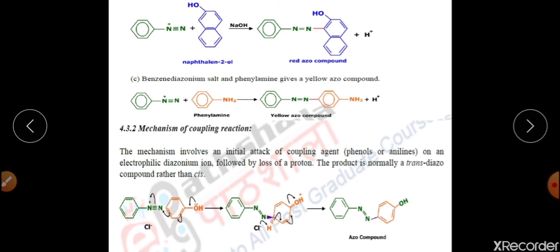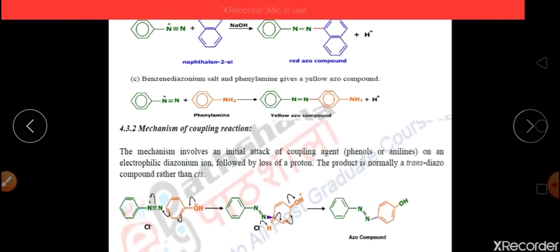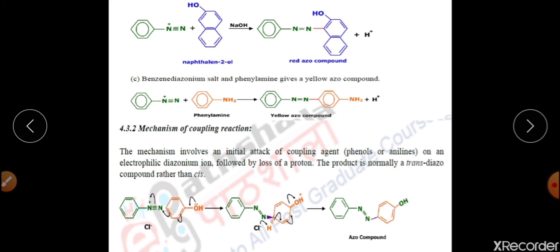The important point about this reaction, the coupling reaction, is the role of the pH that can be used for the reaction. If we are having acidic component attached with the aromatic system, at that time we generally use somewhat basic pH for the reaction to happen. And if basic component like NH2, nitrogen containing compound, is there attached with the aromatic system, at that time we generally use slightly acidic medium for the reaction to happen. So pH plays a very important, very vital role in diazonium coupling reaction.